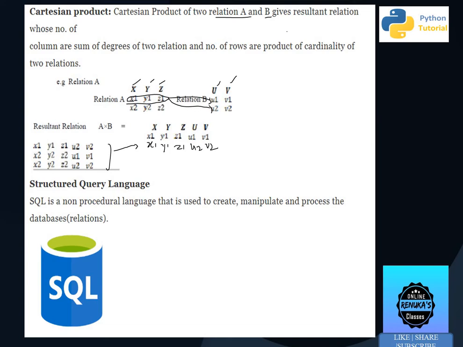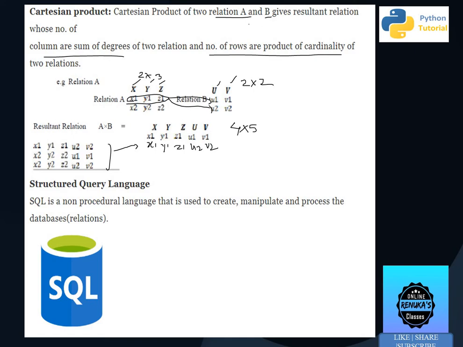So after Cartesian product, the number of columns is the sum of degrees and the number of rows is the product of cardinalities. Like the first relation has dimension 2 rows and 3 columns, and here 2 rows and 2 columns. Now the result will have columns added, that is they will become 5, and rows multiplied, that means they will become 4. So this can come in a 1 mark question also, what will be the resultant table or relation, what will be the